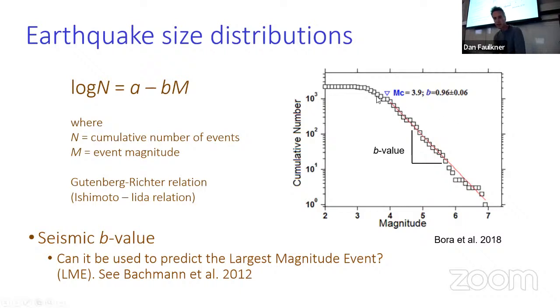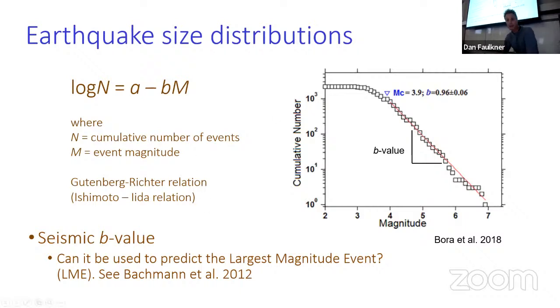And those eagle-eyed people among you will notice that this saturates and goes flat at these very small magnitudes. That isn't real, in fact. It's just a product of the instruments that we use to record this data set. We have every indication that this b-value would continue up to much smaller magnitude events if we were able to record them. So the general message is that maybe we can use lots of little events, if we measure how big they are and how many there are, and extrapolate using this b-value to tell us how frequently we might expect to see bigger earthquakes in any particular area.